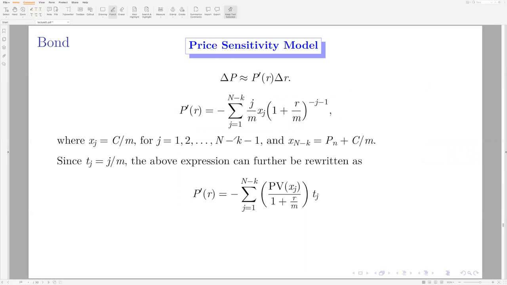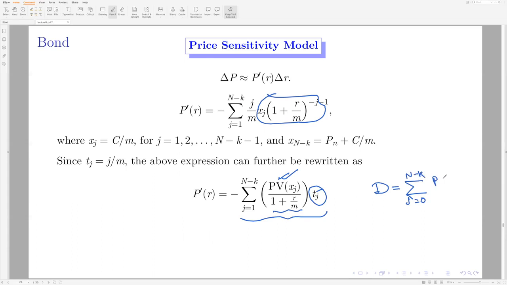P dash of R equal to this minus sign, sigma 1 to n minus 1. This part, leaving minus 1, I put Pj, and this entire thing minus 1, I retain as it is, and j by m, I put Tj. So therefore, now you see, this resembles something, okay? What? If you recall, what is D? D is nothing but sigma j equal to 0 to n minus k PV of xj by PV of x,